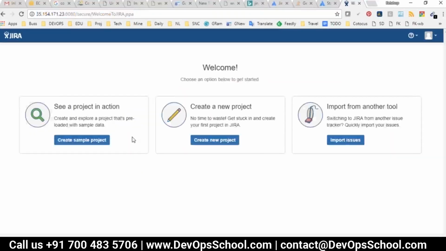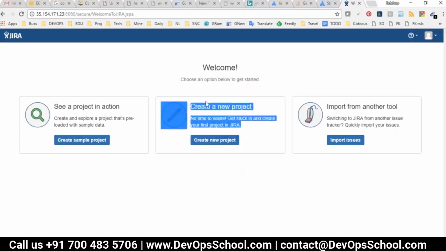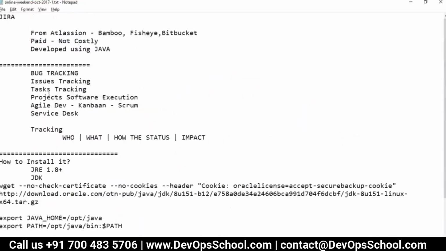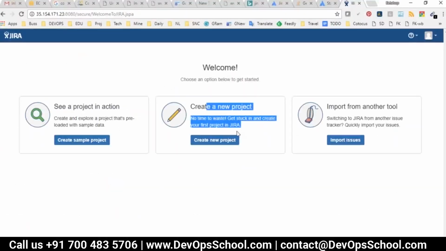Now this is the kind of templating actually. Here, what you want to do: see a project in action. So create and explore a project that's preloaded with sample data. If you go with this option, they will create a dummy project with the sample data, but I don't need it right now because we're going to start from scratch. So we are going to create a new project, because everything you do you have to do as a project, and that's a bigger subset of this Jira. Task management, issue tracking, bug tracking, agile, project management, anything you do,